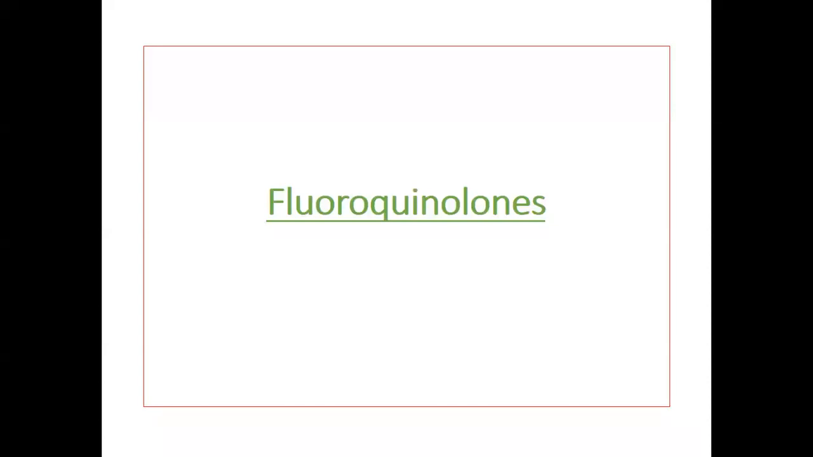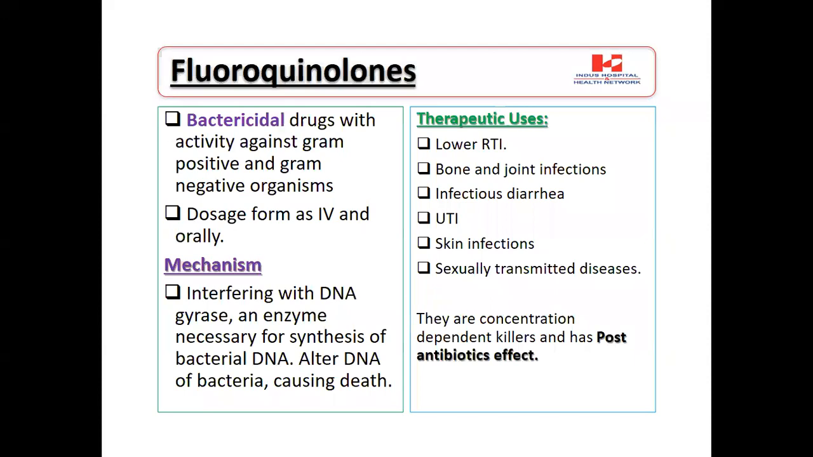Okay, another class of these antimicrobials is quinolones. Generally, these are bactericidal antimicrobials, and they are available in IV form as well as oral form. These are good options for Pseudomonas infections to be given orally. And other therapeutic uses for this kind of antimicrobial class are lower respiratory tract infection, bone